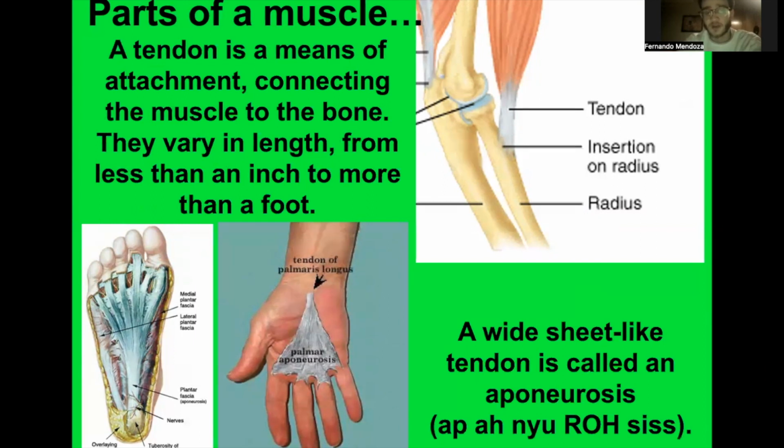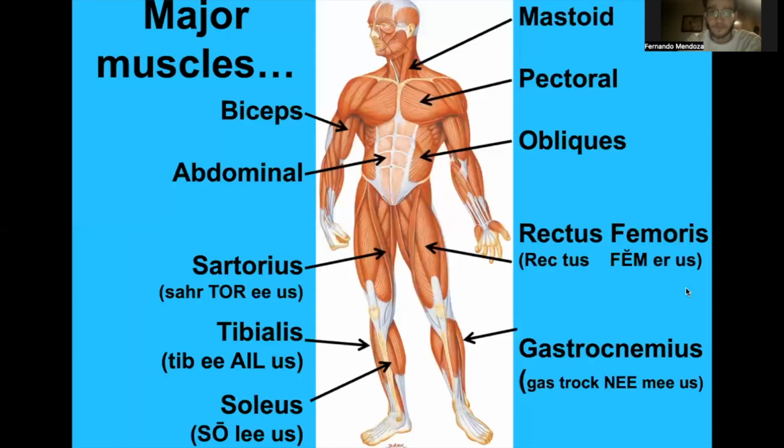Of course, not all the muscles have the same length of tendons, but from less than an inch to more than a foot is the range. And a white sheet-like tendon is called an aponeurosis. We have these major muscles: the biceps, the abdominals, the sartorius, tibialis, soleus, gastrocnemius, rectus femoris,